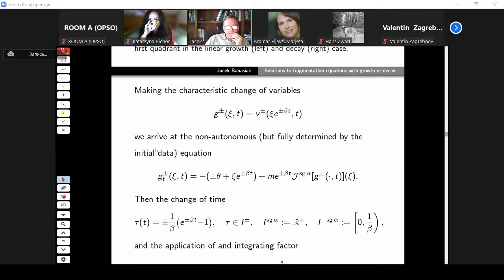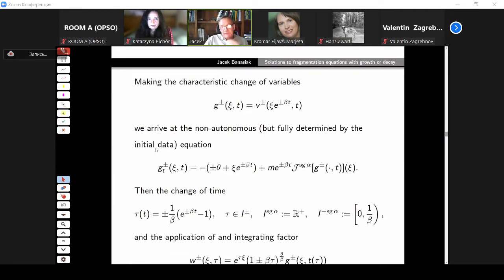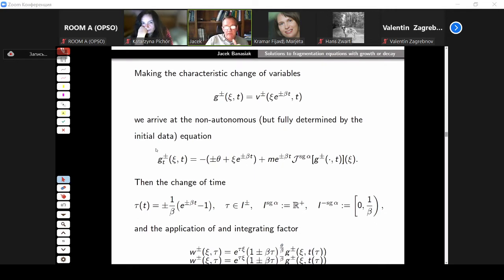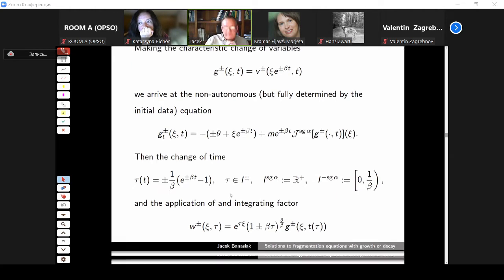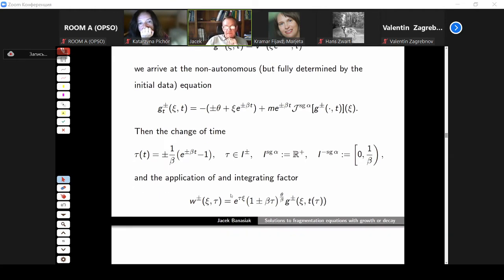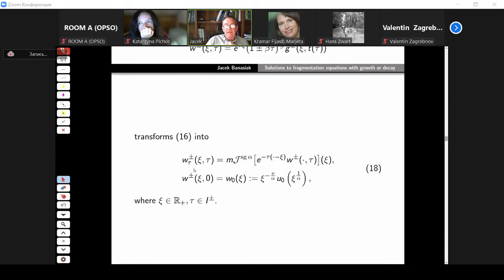And in looking for explicit solutions, usually you try a number of approaches, and sometimes you are lucky, sometimes you are not. So in this case, I don't want to go through details, but we make a transformation of coordinates. We change time. So we replace time by exponential time, and we use the integrating factor. And after this, we obtain equation